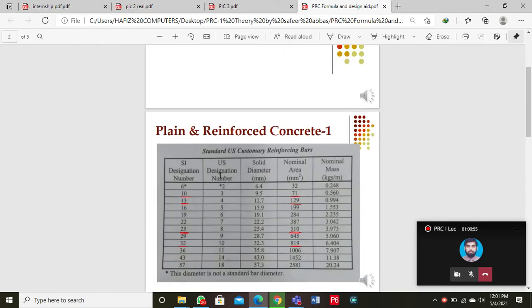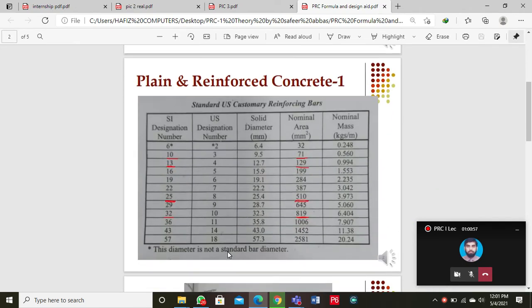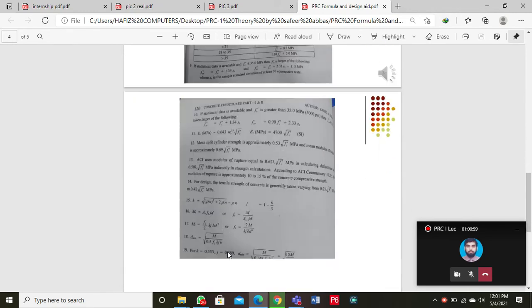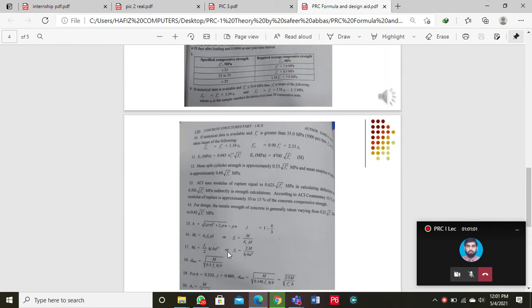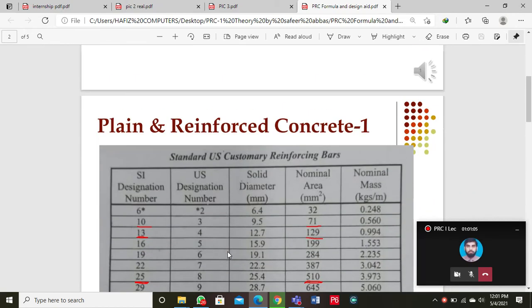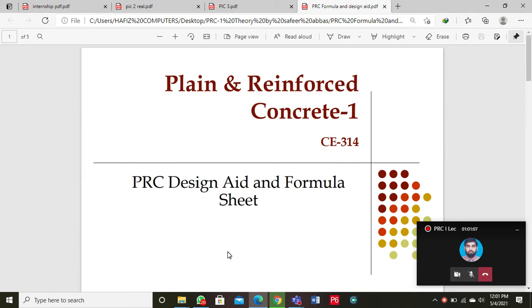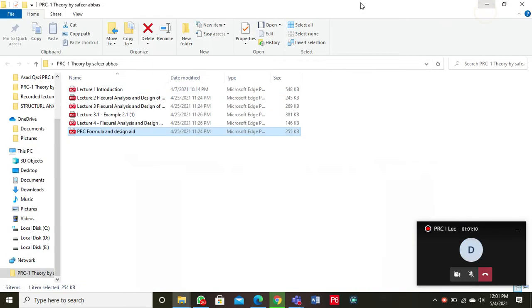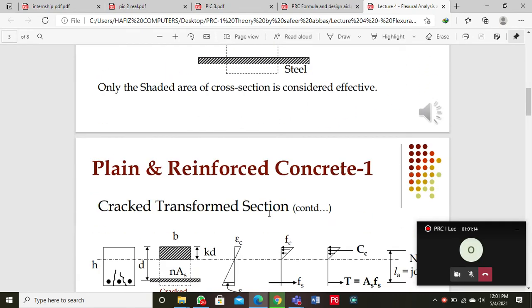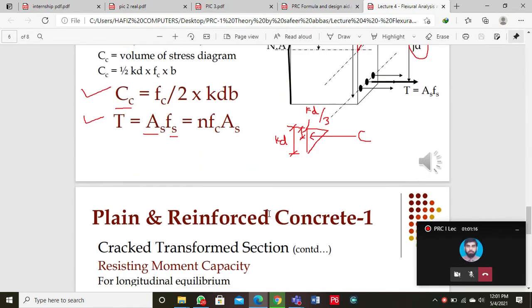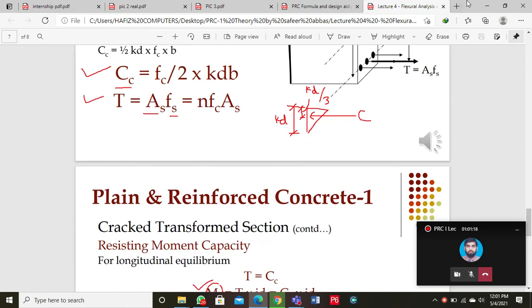In this way it will be 6000 over 16. So how much will it be in millimeters? 375 millimeters is the h value